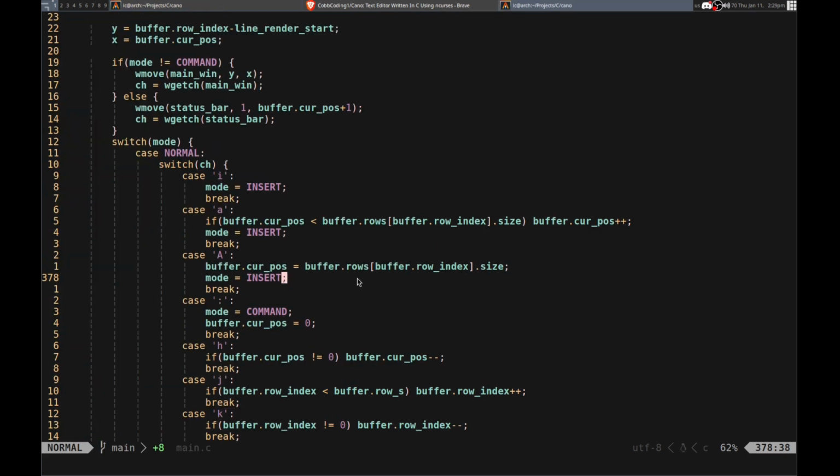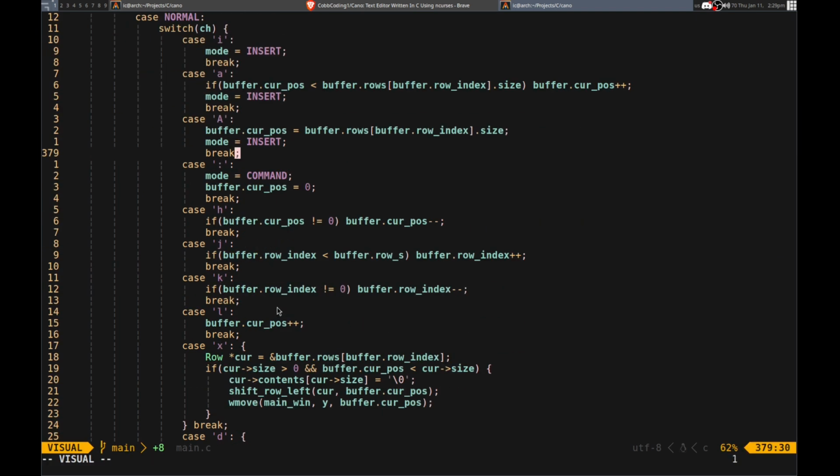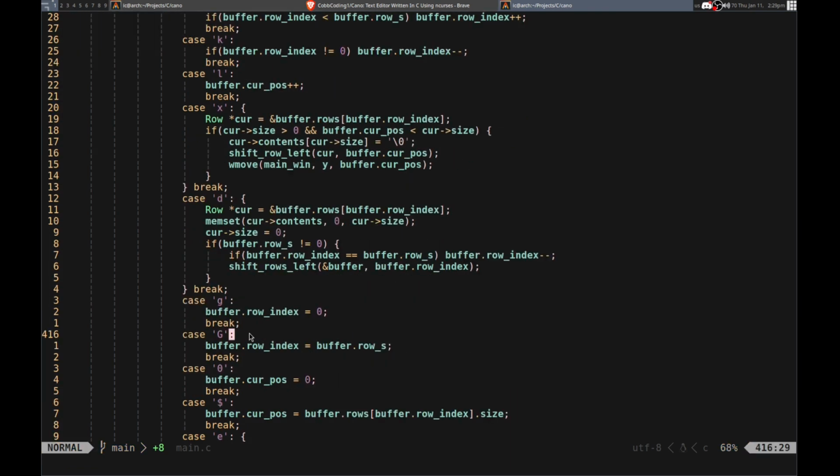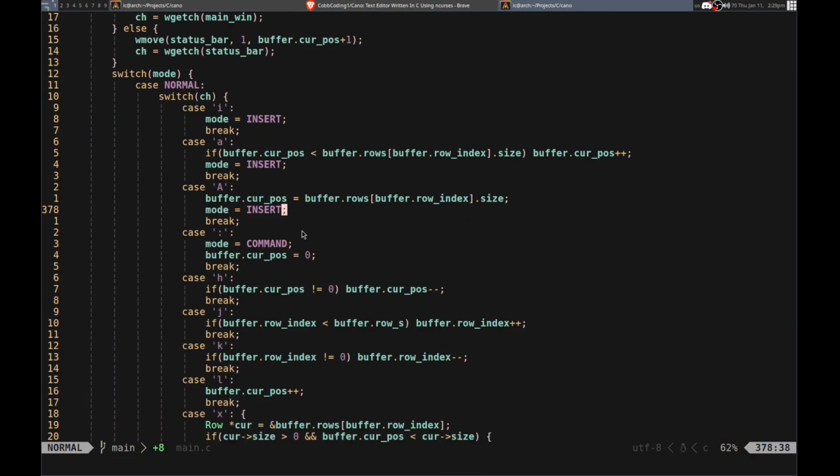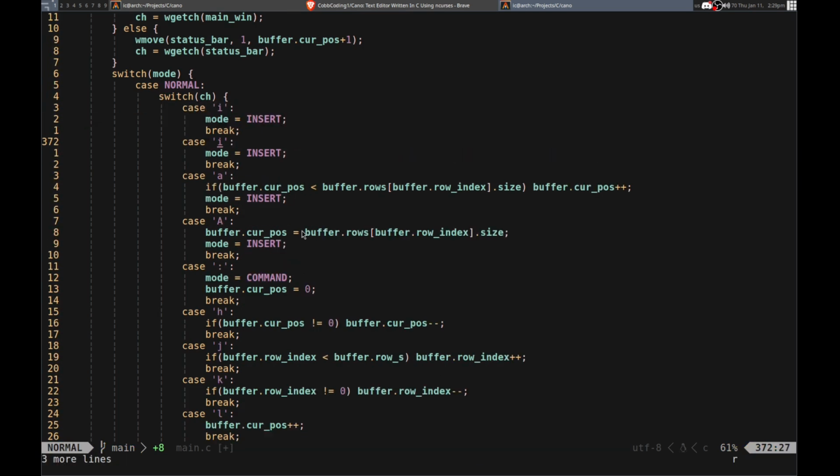Okay. And then also there's capital I, which takes you to the first character in the line, rather than the end. So, I'll need to do that. But let me just make sure that is right. So if I look at the $ sign, then yeah, it does that. So it's the same as that, basically. Okay. So yeah, capital I. We do a similar thing. We don't want to just set it to 0 though, because you don't necessarily want that. You want to do,